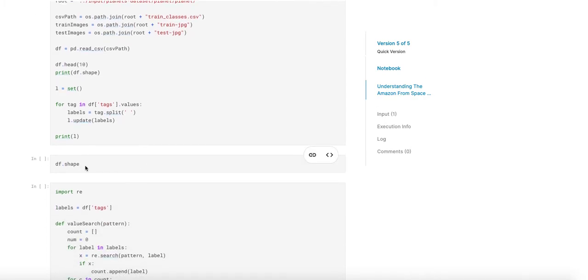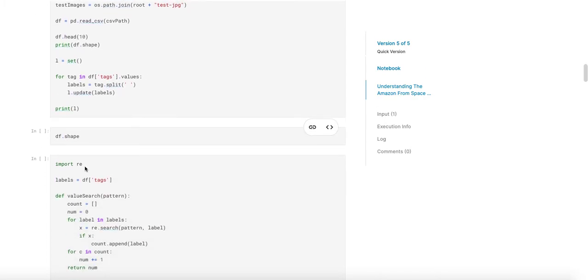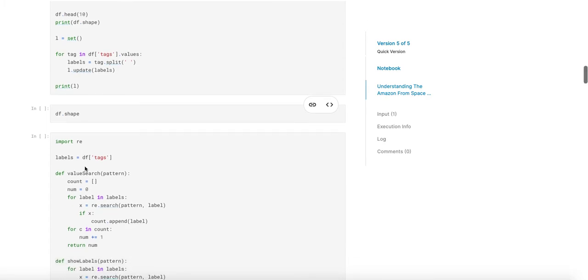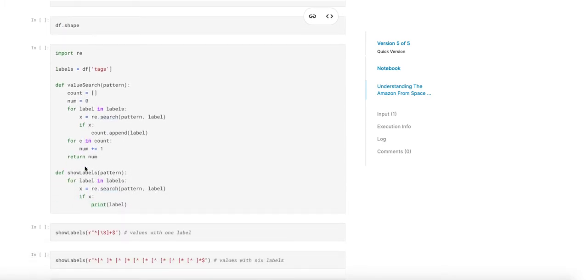And then afterwards, just printing out the data frame shape. Printing out the data frame shape is actually really helpful because then you can find out how many test samples or training samples you're working with, and then kind of work from there. So you know if you have too few data samples, that you need to find a way to work around that. And then I just use regular expression to